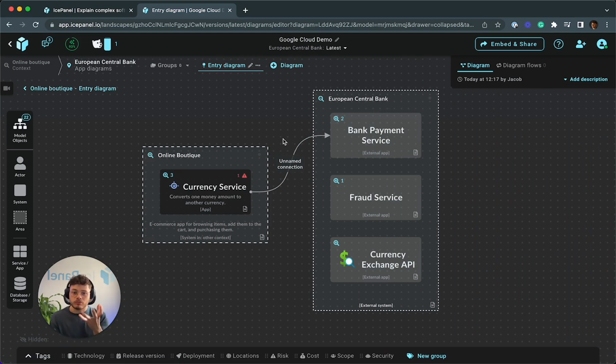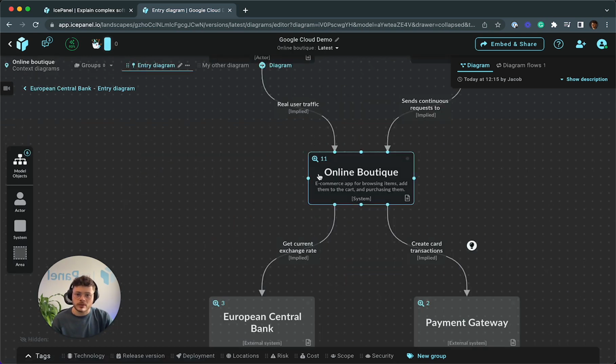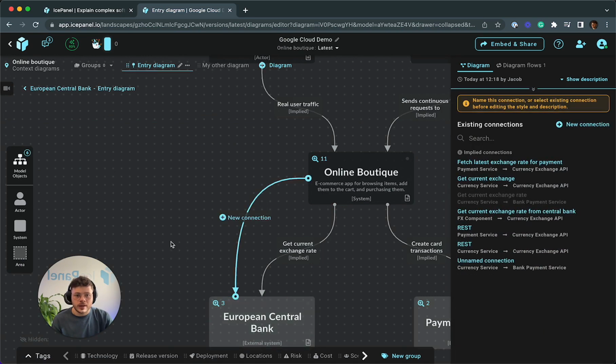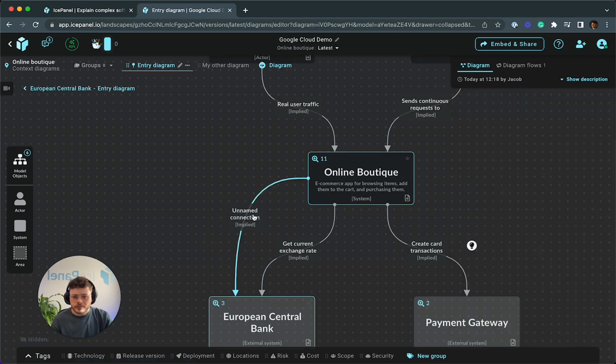Say we want to now reuse that relationship at a higher level of abstraction, so showing the online boutique is connected to the European Central Bank via this connection. If we zoom out to that top level, we can actually add the relationship here, and then we'll see we have that unnamed connection which has been added to our existing connections list under the implied connections section. We can add that. What it's done is it's added this implied tag to the connection,